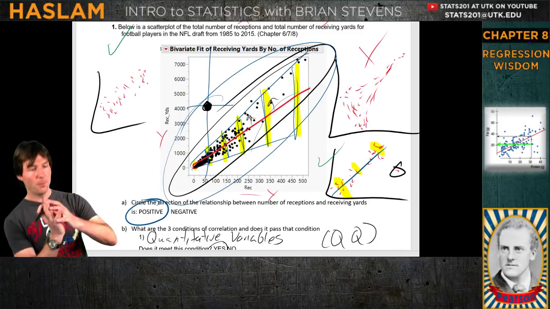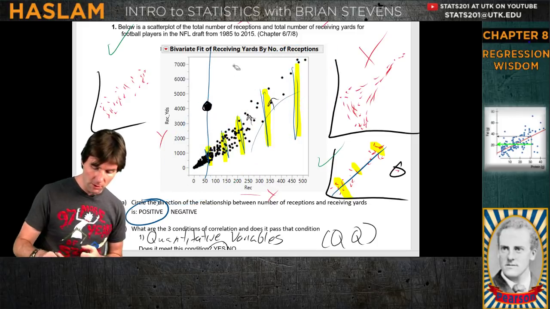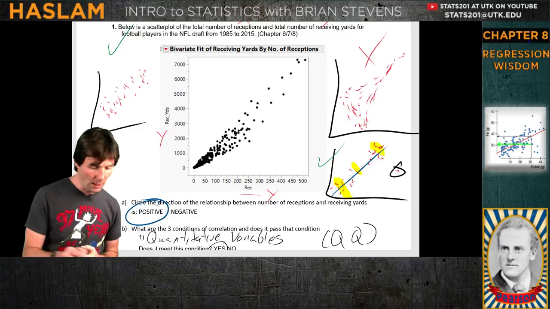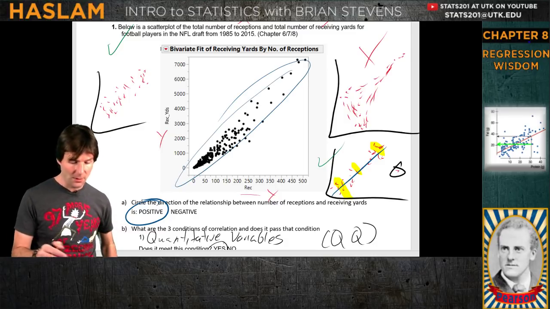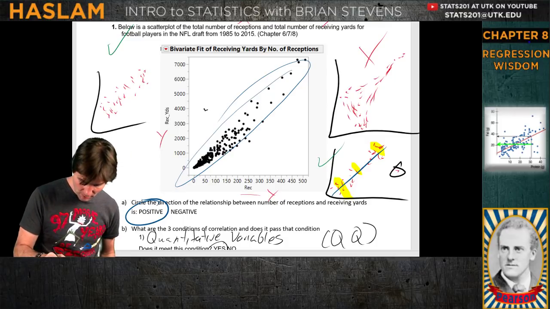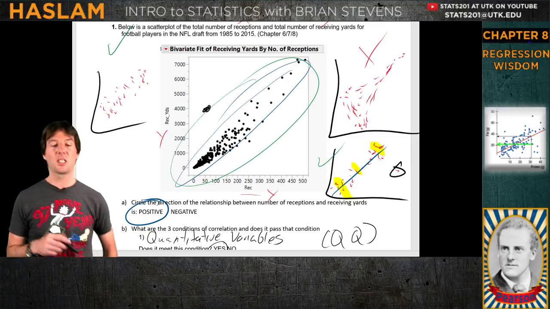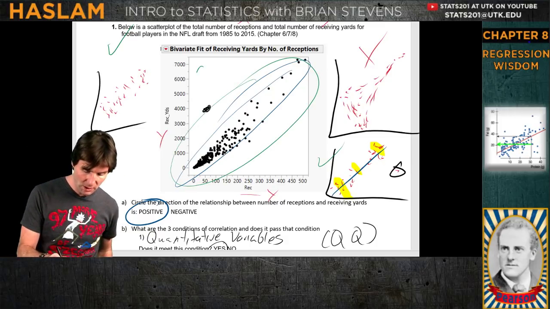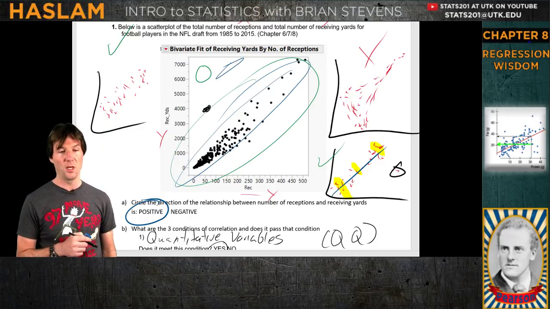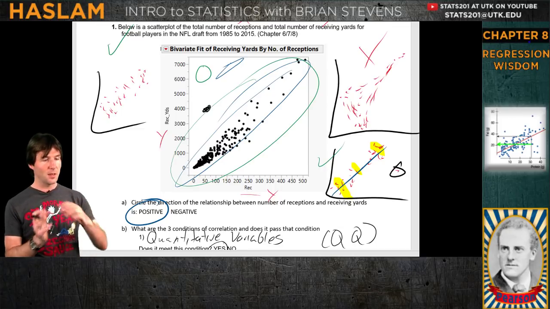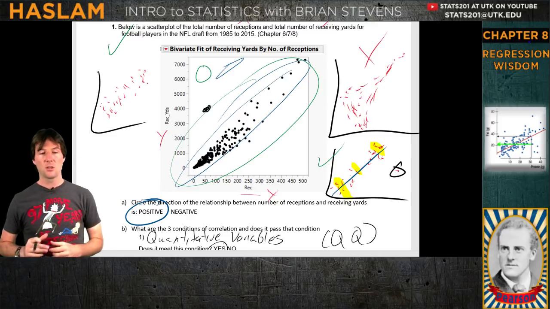If you see there, it's kind of bulging out more, and it looks more like a zero. So to make this very clear, let's make a cleaner drawing on this. This annotate is awesome. And so we have an original view like that. Now we add in Randy Moss over here, and then this would make the ellipse do like this. And it's kind of bulging it out more, and if it looks more like a 0, the correlation is closer to 0, and if it looks more like a 1, the correlation is closer to 1. So you can kind of see it visually happening there. It's making it weaker, because the tighter it is, the stronger it is, and it's bulging it out. So that would make it weaker.